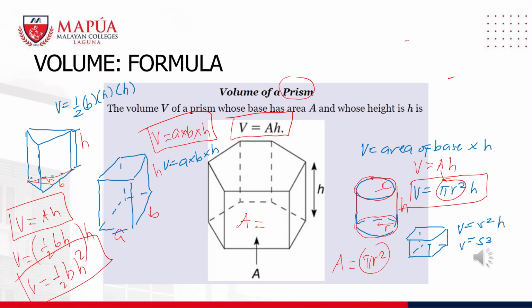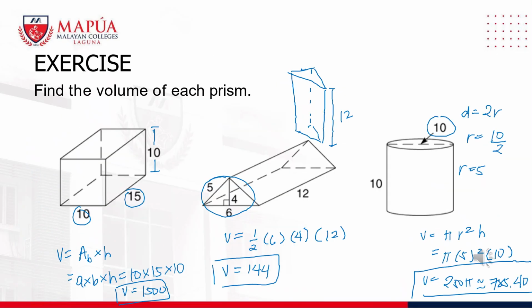Now, if you have a figure like this, where this is S, this is also S, this is also S, so all the sides are equal, so we can say that the volume is simply S times S times S, length times width times height, which is equal to V equals S cubed. Okay? So that's it. And we have here another figure.